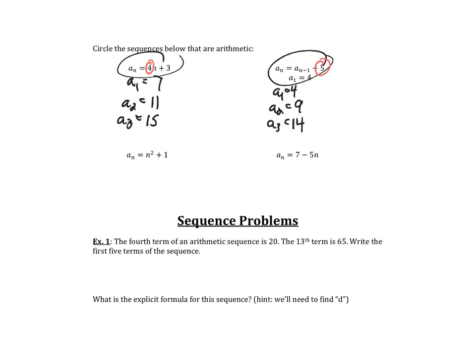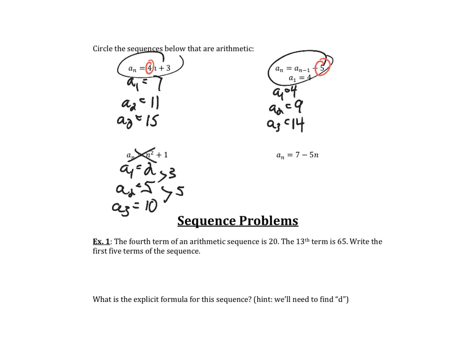So notice in a recursive arithmetic sequence, the number is added at the end, whereas if it's written as explicit, it looks like it's the coefficient in front of the variable. Let's take a look at a sub n equals n squared plus 1. Let's find the first term: 1 squared plus 1 is 2. Second term, 2 squared is 4, plus 1 is 5. If I look at the third term, 3 squared is 9, plus 1 is 10. So if I'm looking at the difference between these, it's 3. The difference between the next ones is 5. So I do not have a common difference between them. So I would have to say this is not